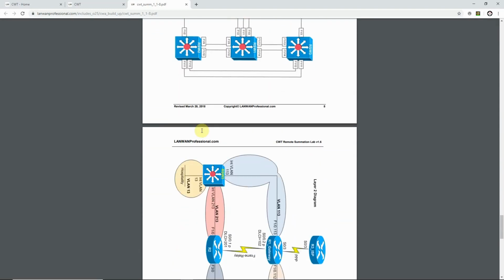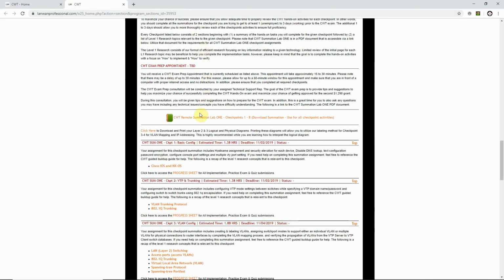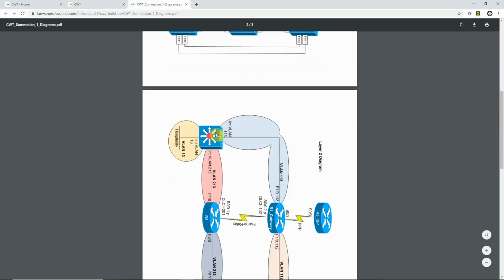Let's go ahead and close this page and return to the CWT Hands-on Summation and Exam page. Below the link to the CWT Summation Lab 1 checkpoints 1 through 8 PDF, you will see a link to download the Layer 2 and 3 diagrams and the physical diagram. It is highly recommended that you print these diagrams to utilize as you complete the VLAN mapping process and IP